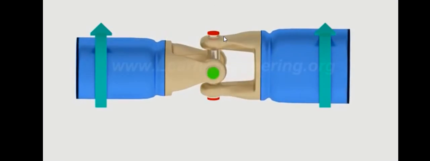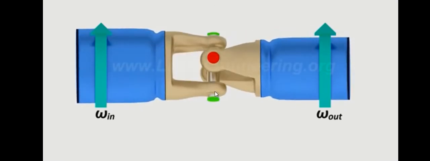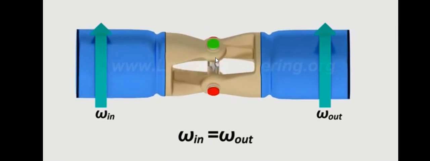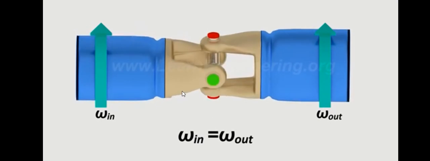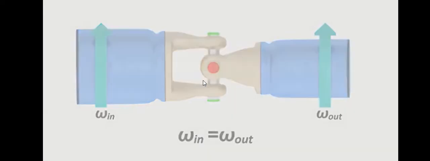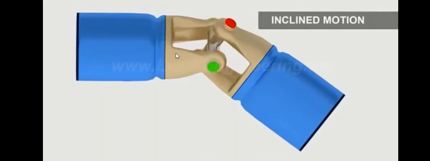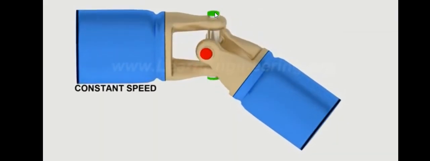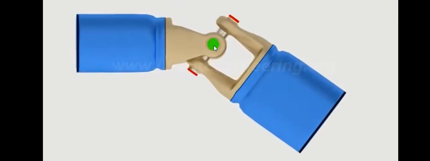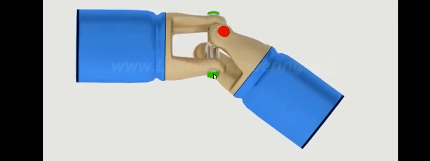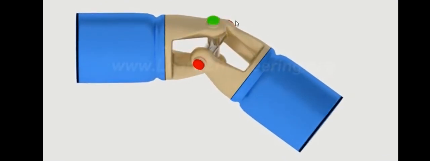That means that cross member does not have to spin, it just has to rotate. It does not have to spin along this green bearing. And the same velocity will be transmitted at both ends. But if it has to be rotated in an angular position or inclined position, that means two non-parallel shafts, this cross member rotates in this green colored bearing. There will be a bearing attached in this bearing and the cross member actually spins along that.